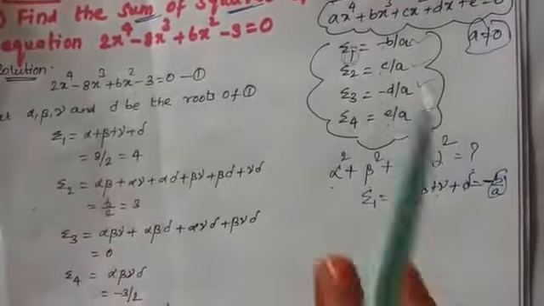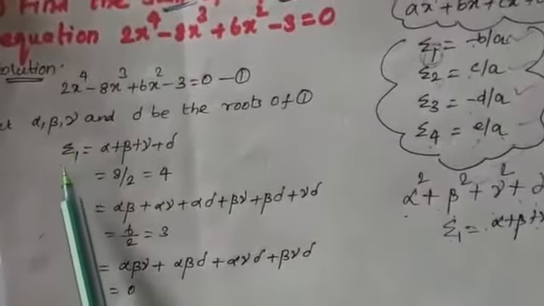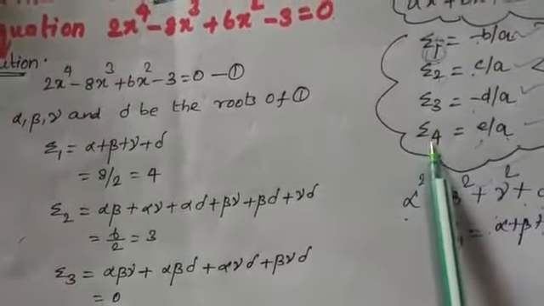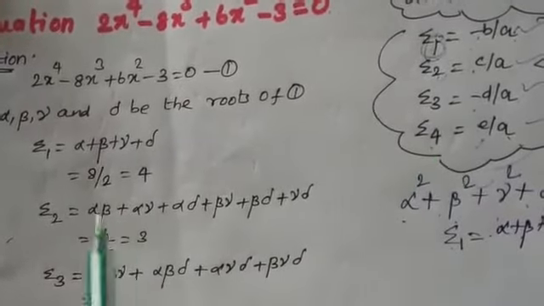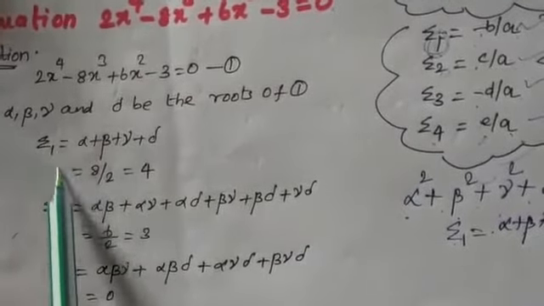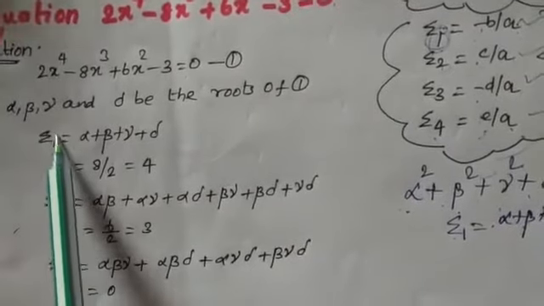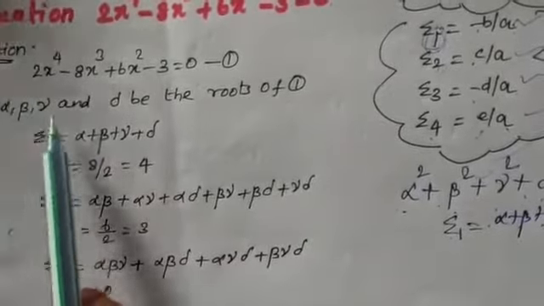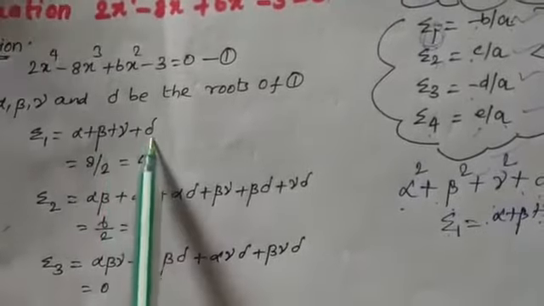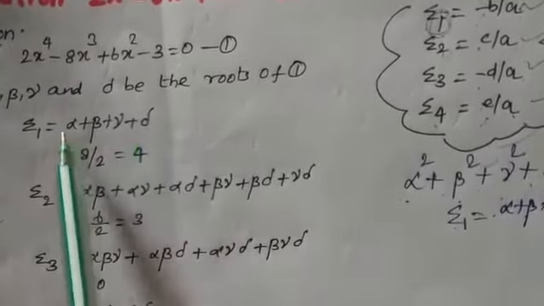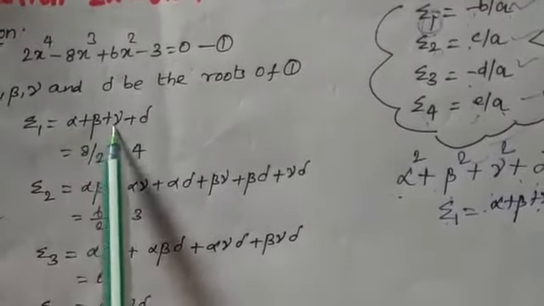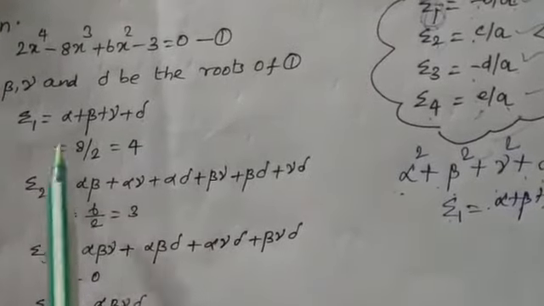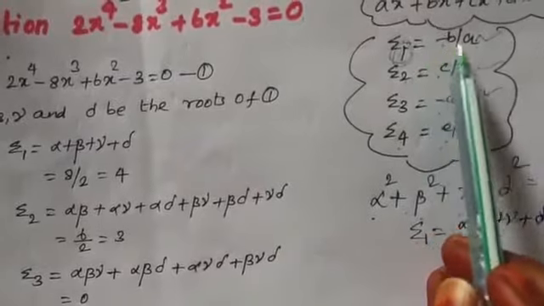Now we are moving to the solution. Now listen. Sigma 1. First I am going to find out. Here we have 4 roots. So till sigma 4 I am going to find out everything. What is sigma 1, or summation 1? We know that summation 1 is nothing but, by taking one root at a time, we have to add all the roots. So I have written alpha plus beta plus gamma plus delta by taking one root at a time. One root at a time means only one root should be taken. Alpha, beta, gamma, delta, all the 4 roots. Being a summation, I am adding. That's all. So we know that summation 1 is equal to minus b by a.